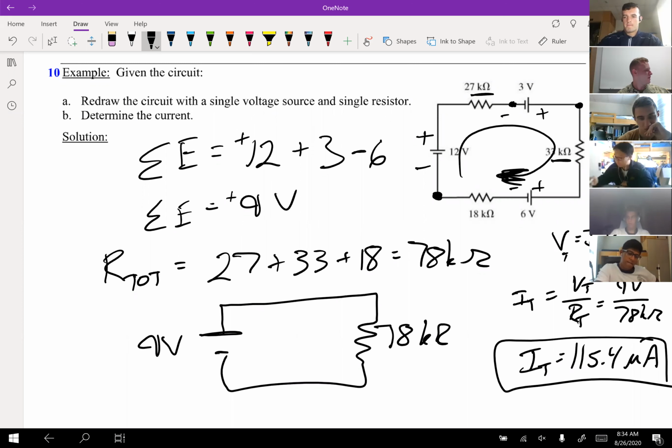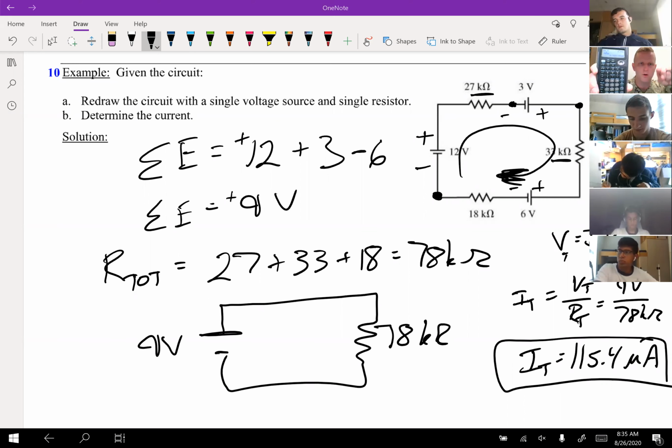That is micro, and I can point out on the calculator, but I recommend the way that I have it. I'll pause the share real quick. You can see here, I did the fraction button, 9, and then I used the fraction button that's right above the 7. See the fraction button above the 7? Right, so I did 9 fraction button, 78 E3. E3 means kilo. And by doing that, it then spits it out to